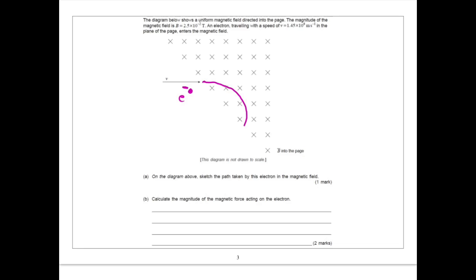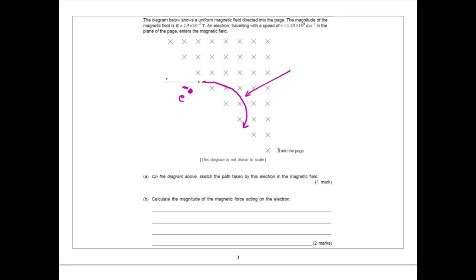It's not the greatest circle, but I think that'll do. Now, once it leaves that magnetic field, it's not going to continue in a circular motion, but it doesn't ask me to sketch it when it leaves the field, and I'm not going to risk getting something wrong by sketching it outside the field. So I just want to show that we've got a circular path